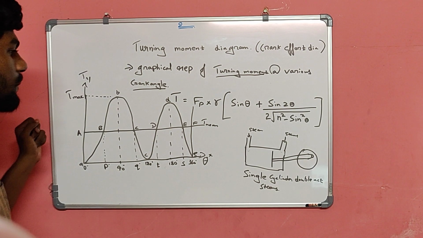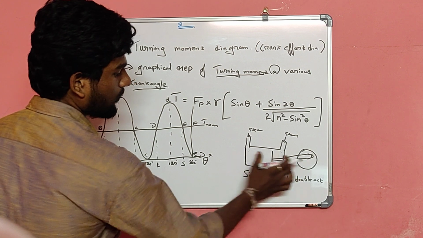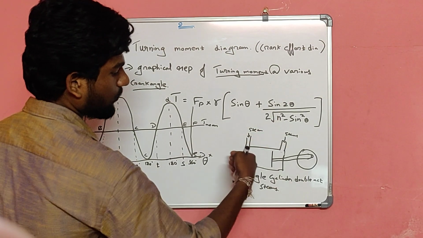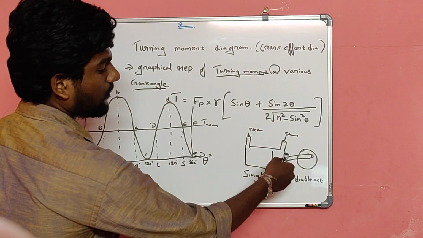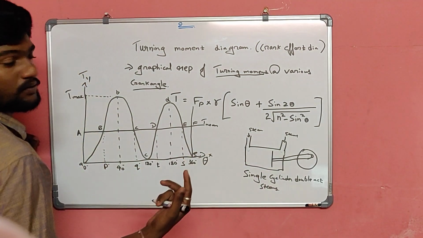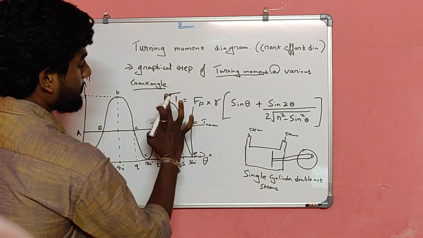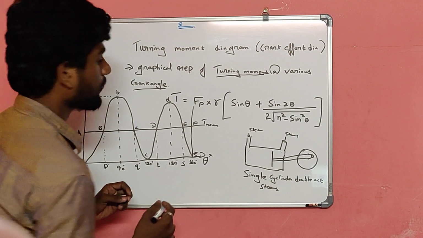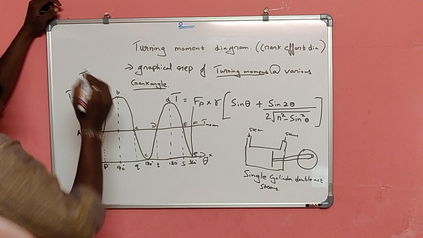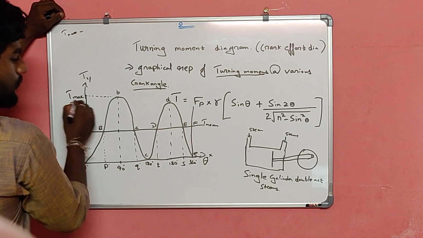So in a steam engine, in the first stroke, steam comes in and the work is on the crank, so the first stroke is positive. In the second stroke, while coming back from inner dead center to top dead center, the steam is again doing work on the crank. So that cycle is also positive work. What we study here is the maximum turning moment, and this is the mean